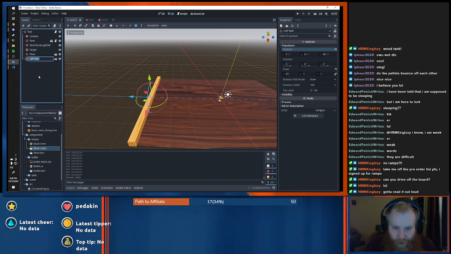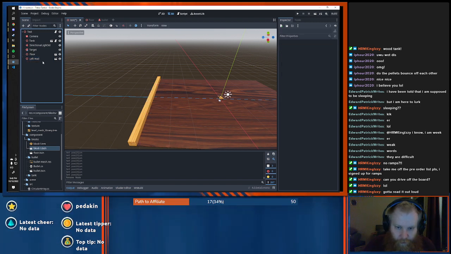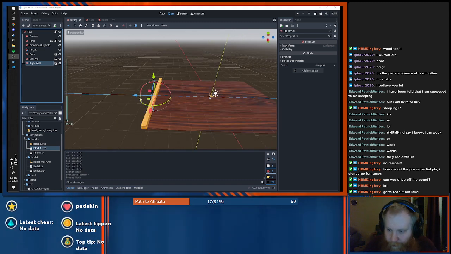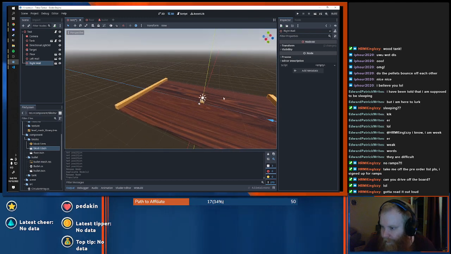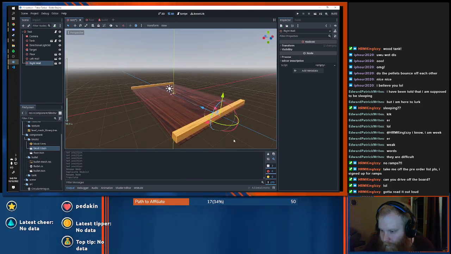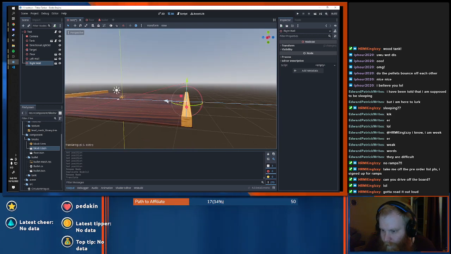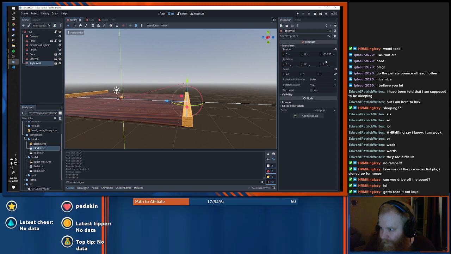We're going to duplicate you. Don't rename them, duplicate them. Left wall 2, yeah, that's what I like to call the right wall. Alright, and we're going to bump you all the way to the other side. So you're going to be, transform, negative 33.